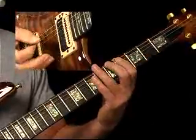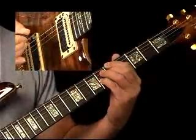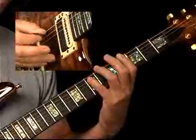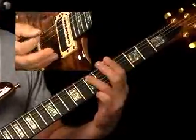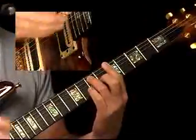Remember our theory. A dominant 7th chord is 1, 3, 5, flat 7. So when we played this 3-note structure, we did not have a 5 in the chord, the E note, right there. We can add that over on the 2nd string. Now you might say, well, why don't I add it right down there? Well, the reason is it can get a little muddy, and I want to show you how to access these